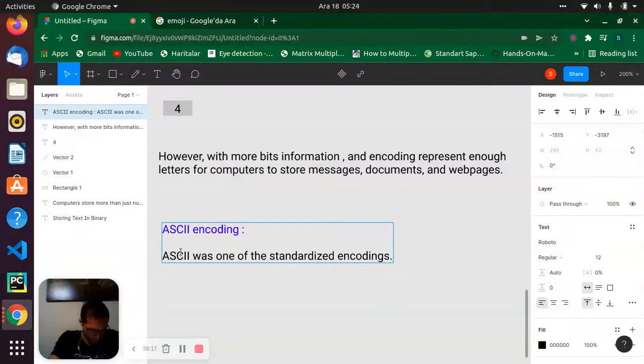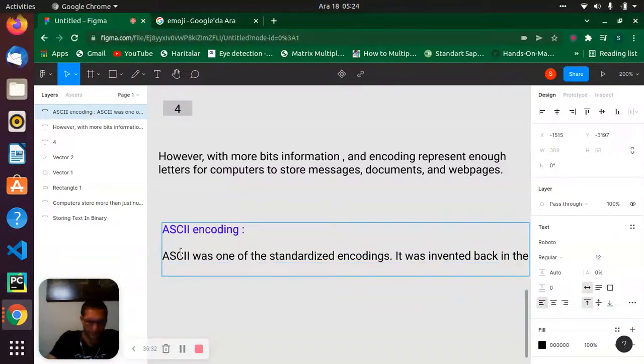It was invented back in the, I think, 1960s.